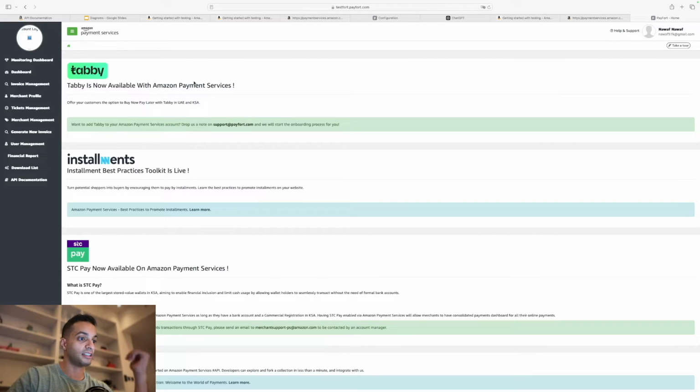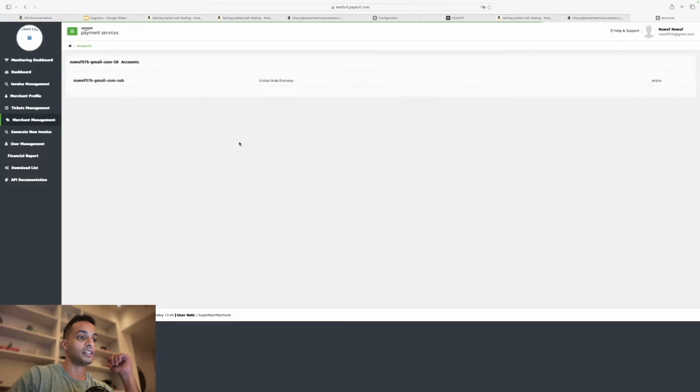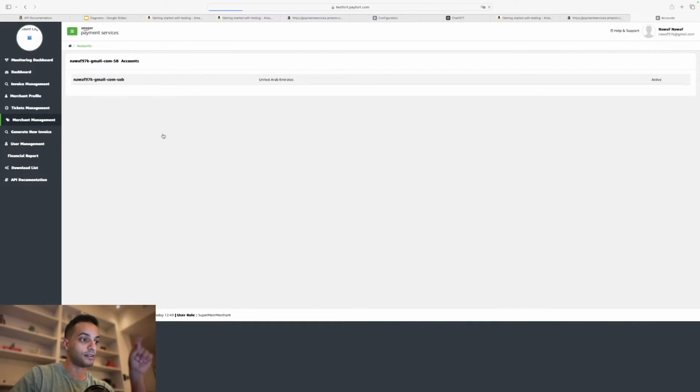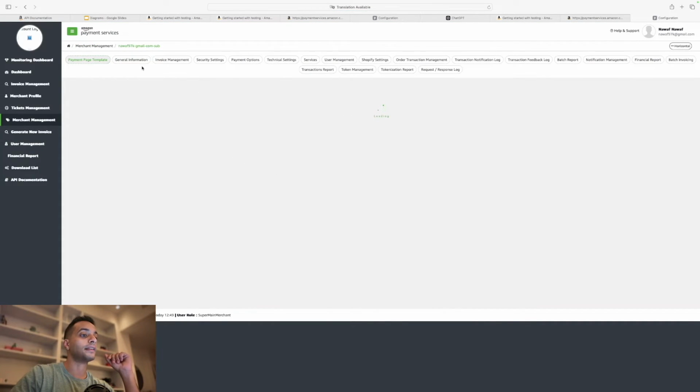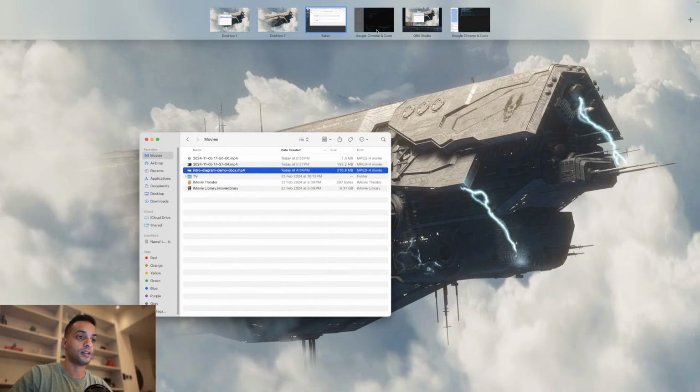After you do, log into your test account and you're gonna land on a page that looks like this. And in this page, you're gonna have to go to merchant management on the left here, and in merchant management you're gonna select your merchant account. Here just click on the text in bold, and here click on security settings. And then here you're gonna find the credentials that you need to do this integration. So merchant identifier, which was one of the values that are asked for there, is here. So take this, copy it,